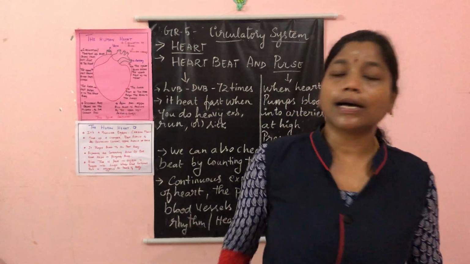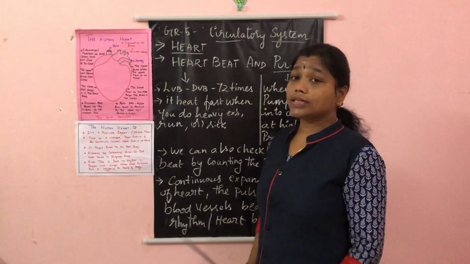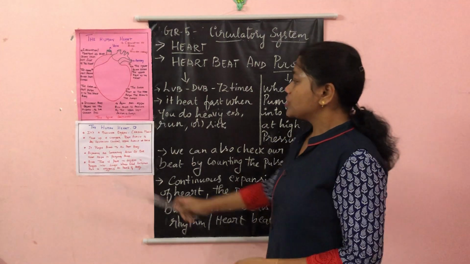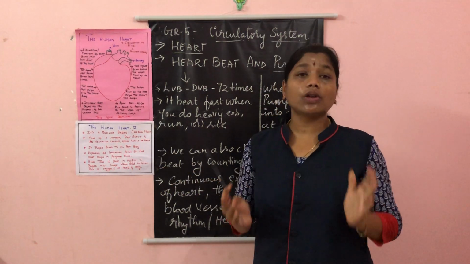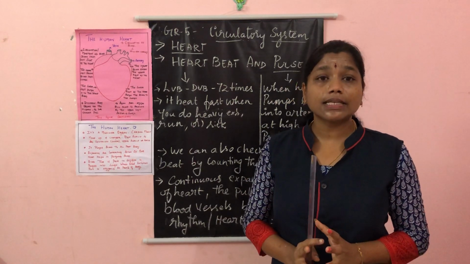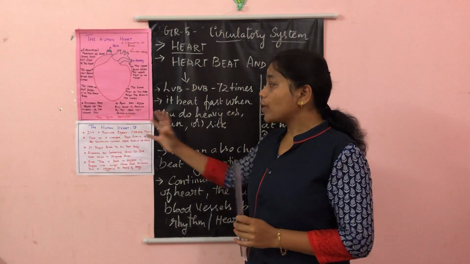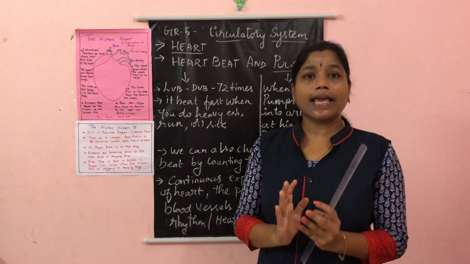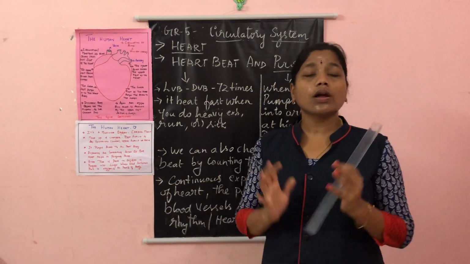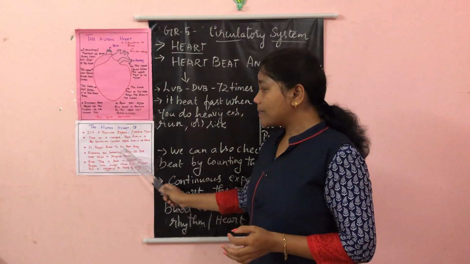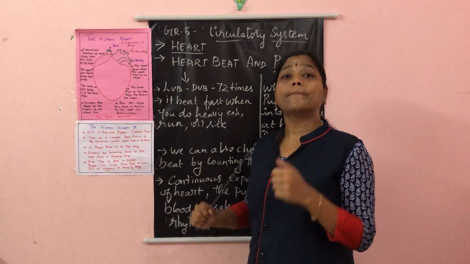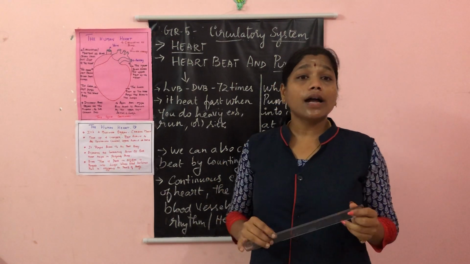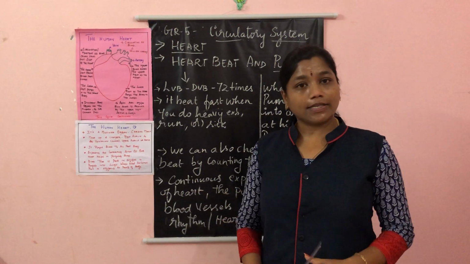Okay. So the heart is a very important circulatory organ, a very important vital organ of the human body. The human heart is a muscular organ. It is made up of a special muscle called cardiac muscle. Why is it a muscular organ? Normally muscles expand and contract. The same function is done by the heart also. The major work of the heart is to pump the blood to all the different parts of our body. What is the major work of a heart? Our heart pumps the blood to all the parts of our body.